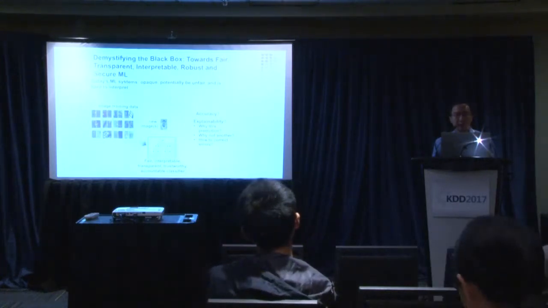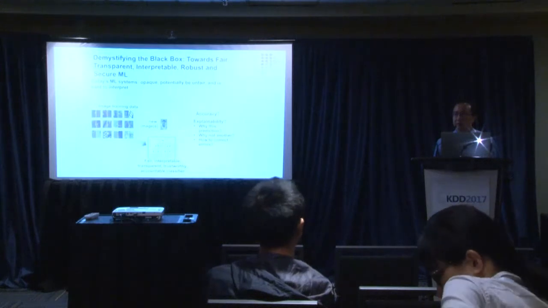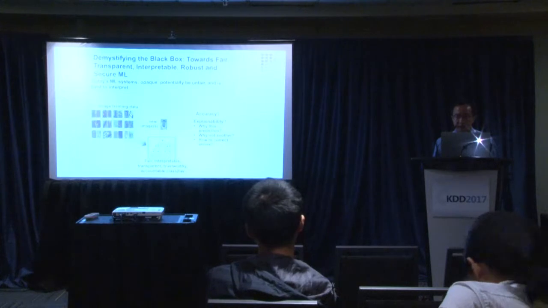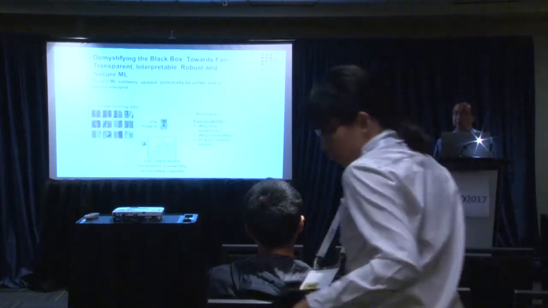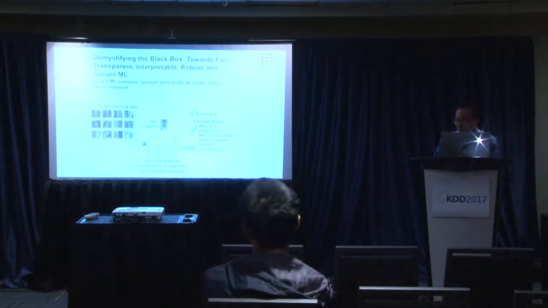It could be the bias in your data set, so that when you build the algorithm, you inherit that bias. It could be that the data set is fair, but when you build the algorithm, you actually introduce priors. And sometimes those priors may reflect society's bias against certain groups. So basically,